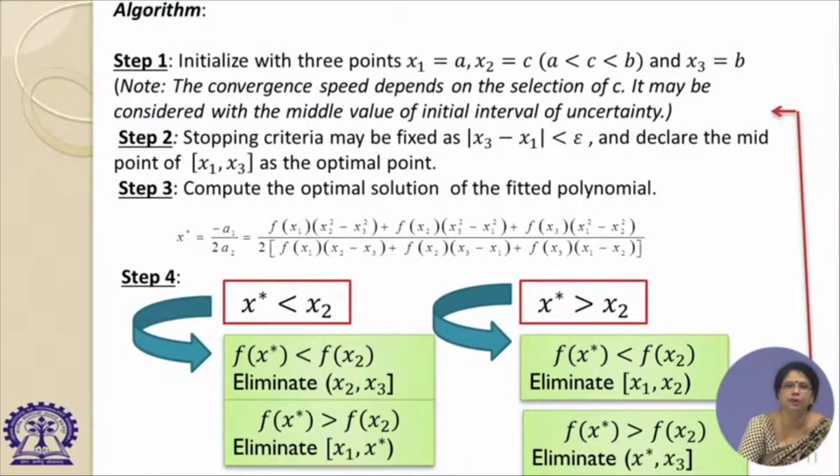Then we can stop our iteration. If you are not happy with this difference and want it to be much smaller, you can proceed further. Now, for computation of the optimal solution, as I said, x star is equal to minus A1 by 2 A2,